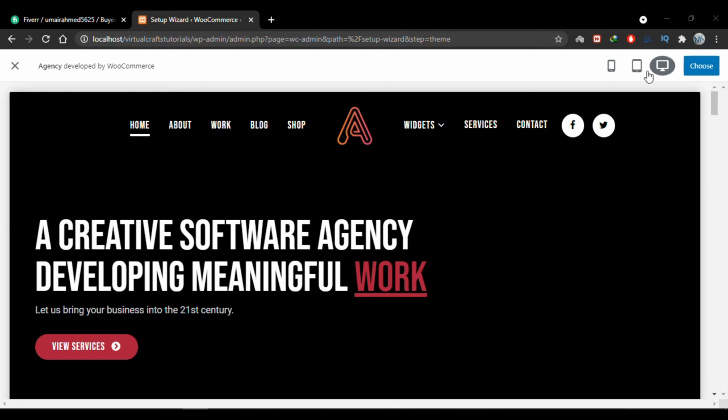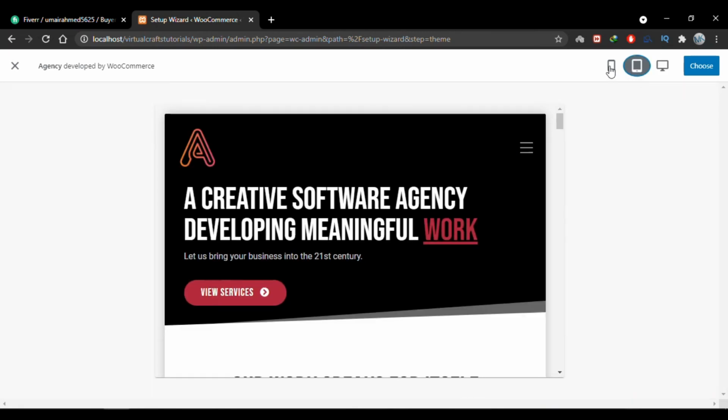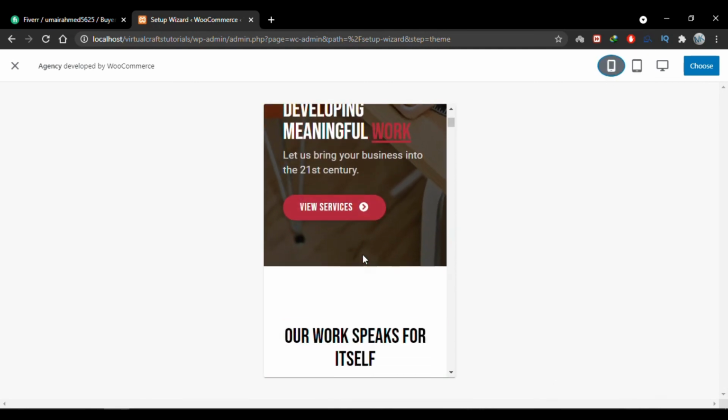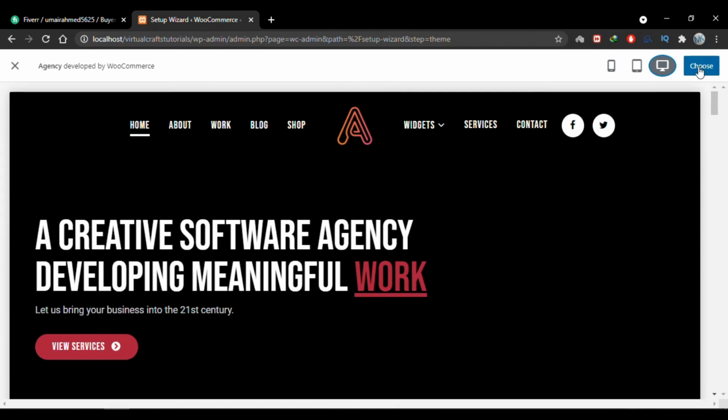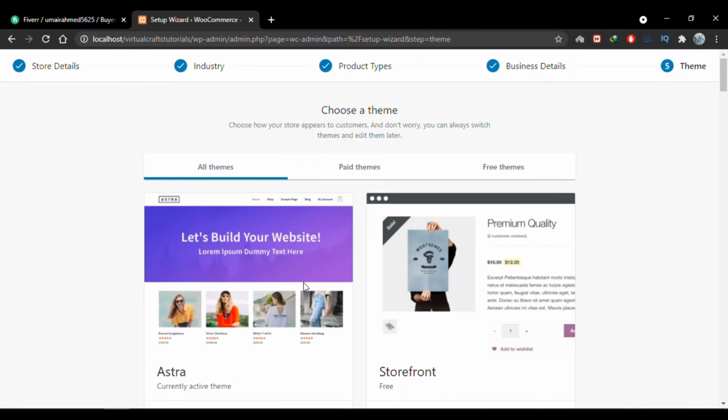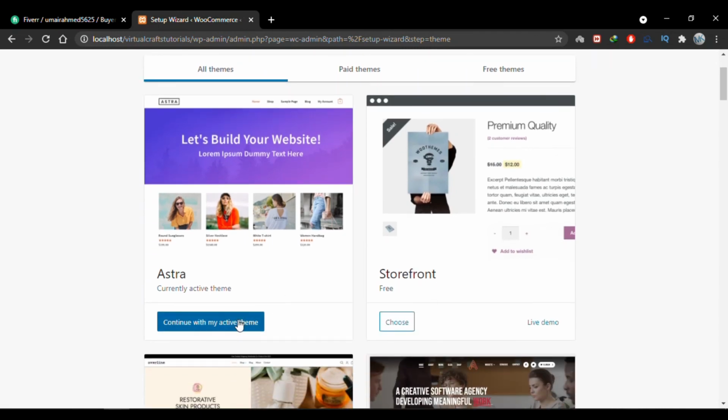You can also check the responsiveness of the selected theme. This is how it will look on a tablet, and this is how it will look on a phone. So I'll not choose it, I'll go with my default theme, Astra, which is already selected, and I'll click continue with my active theme.